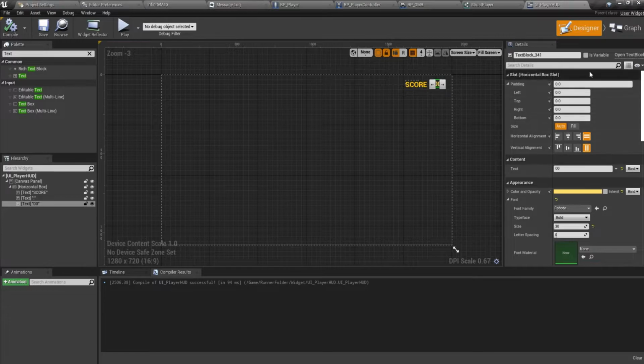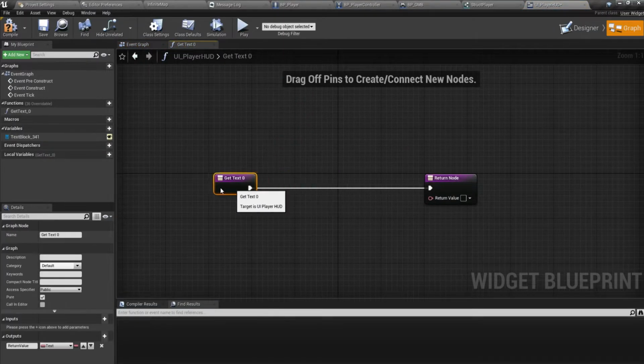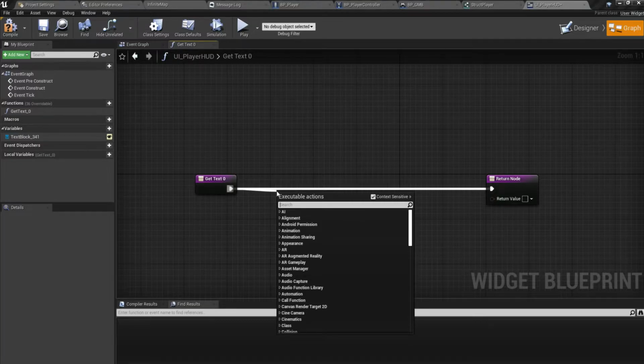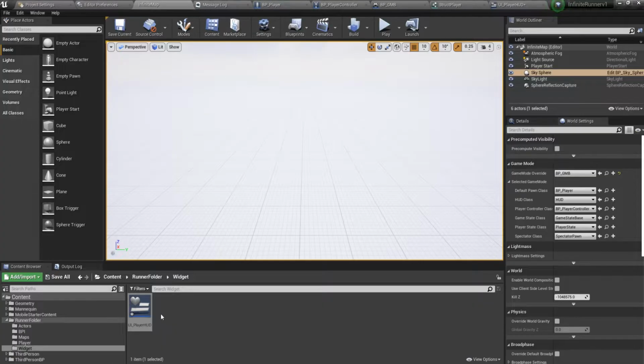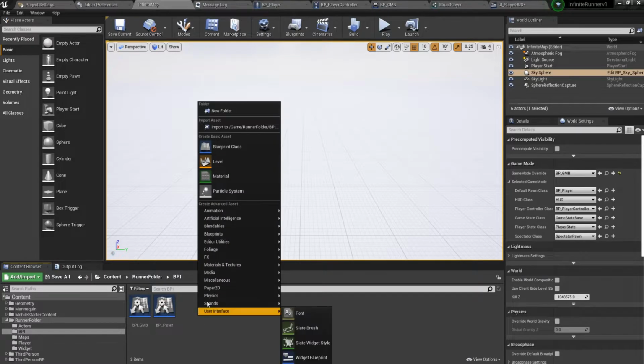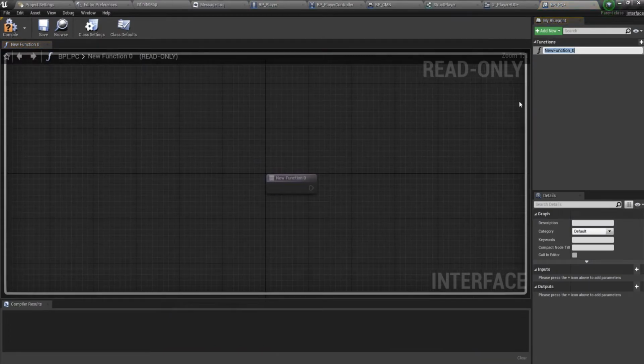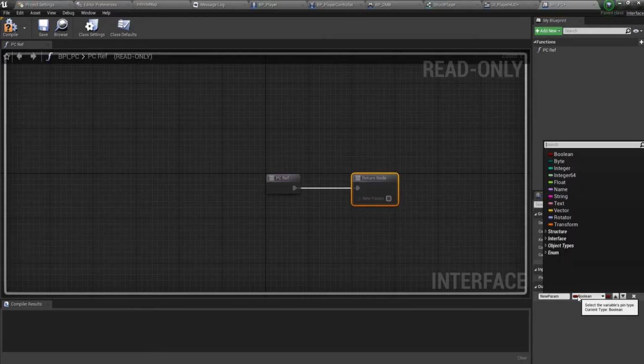Also with this 0 0, make sure it's a variable, and you want to bind this one under content, the text. You want to bind it, create a new binding, and this one will create a new function. And over here, before that, we want to go to BPI, create a new blueprint interface. I'll call it BPI underscore player. I'll just call it PC. Yeah, BPI PC, and I'll call it PC reference, and the output will be